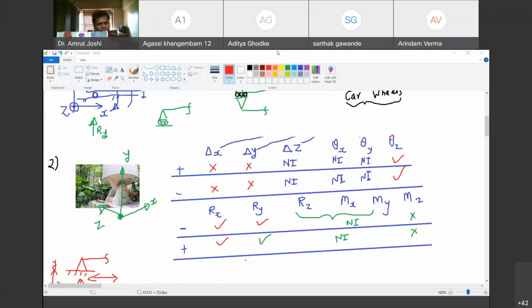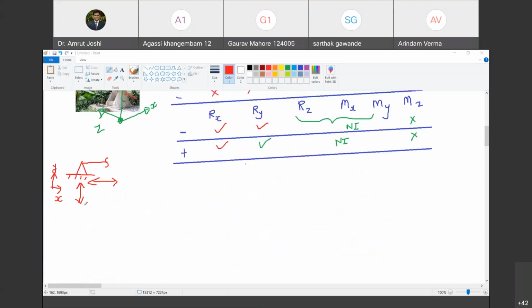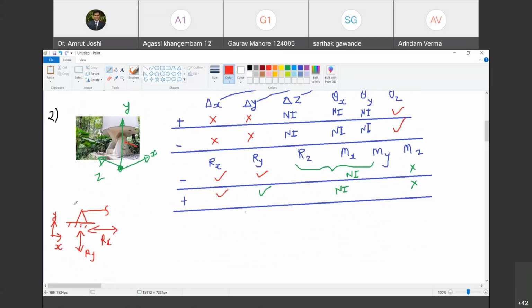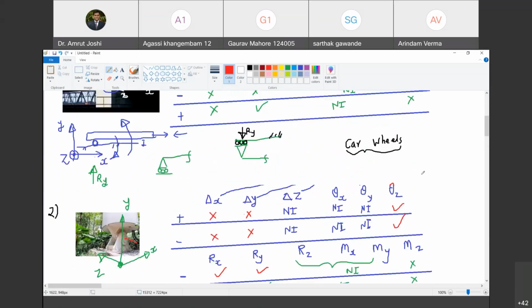Okay. So is the point clear now? जिन जिन लोगों को doubt था, is it clear now? Okay. So let us go back to this sketch now. I hope now you are in a position to understand this. So this support can offer Ry and Rx, two mutually orthogonal force reactions. Capability is of offering Rx in positive negative direction, Ry also in positive negative direction. However, there is no moment reaction about z axis. Z axis के about moment reaction नहीं हो सकता because theta z is freely allowed.